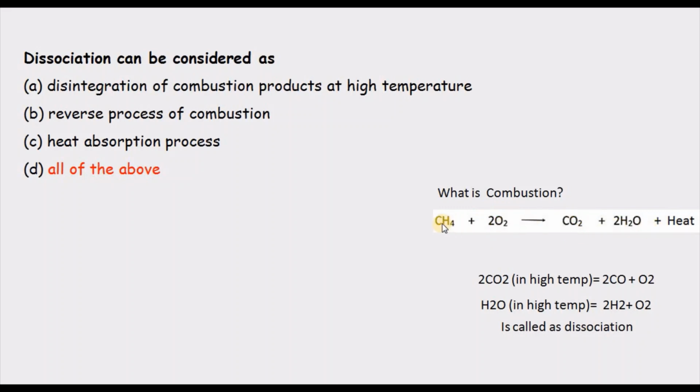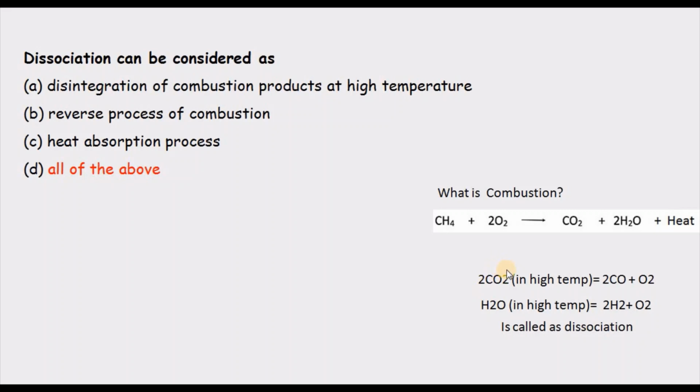And what are the products? C from the hydrocarbon combines with oxygen to form CO2, and H combines with oxygen to form H2O. That is, carbon dioxide and water are the products of combustion. And in the engine, in the presence of higher temperature, what happens? This CO2 is going to disintegrate. So the disintegration of the CO2 into CO and O2, or disintegration of H2O into H2 and O2 at high